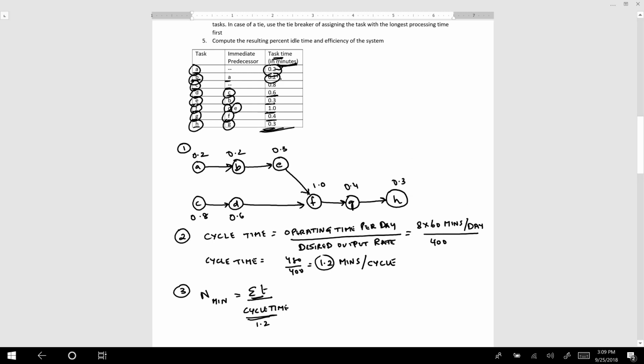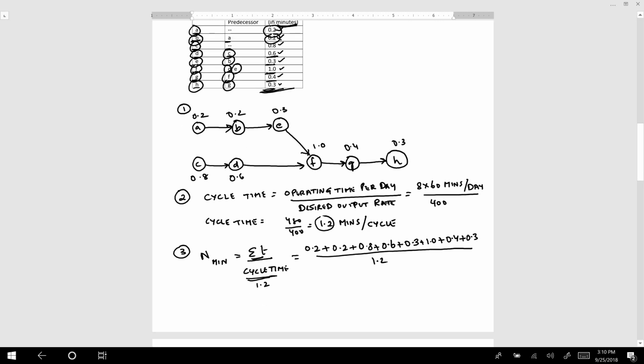So 0.2 plus 0.2, 0.4, 0.4 plus 0.8, 1.2, 1.8, 2.1, 3.1, 3.5, 3.8. So the sum of 0.2 plus 0.2 plus 0.8 plus 0.6 plus 0.3 plus 1 plus 0.4 plus 0.3, divided by 1.2, is our minimum number of workstations we need. So this will be 3.8 divided by 1.2, so that's